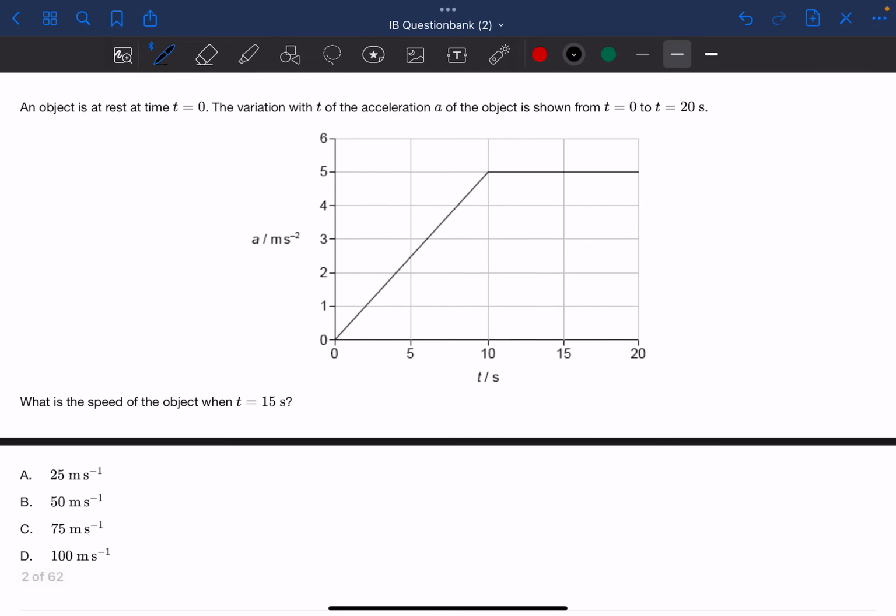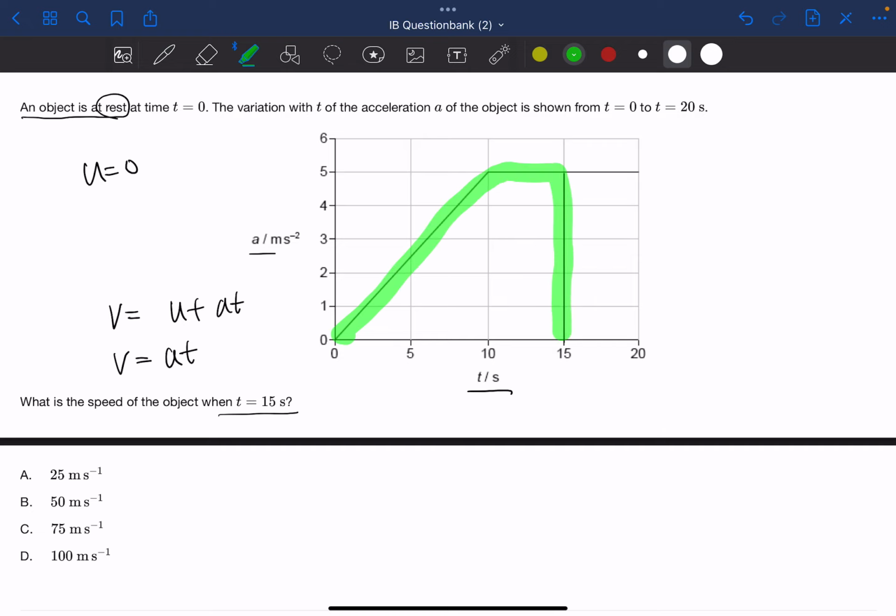Here it's asking us about the speed, so v equals u plus at, and as it says the object is at rest, so u would be 0 and v equals at. And in this graph, the at would be the area under the graph, as here's t and here's a. So when the time is 15, the area under the graph would be